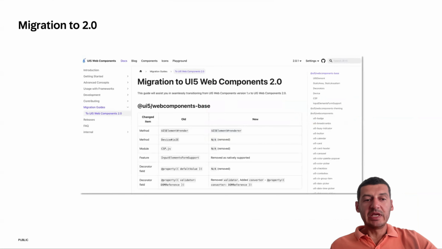But besides the migration guide, really the first point of contact with the new version is the React wrapper. So many developers use React to develop their applications. And that's why the React wrappers were the first project to really test out the 2.0 version. So now I'm going to hand over to Marcus and Lucas to show you what has changed in the web